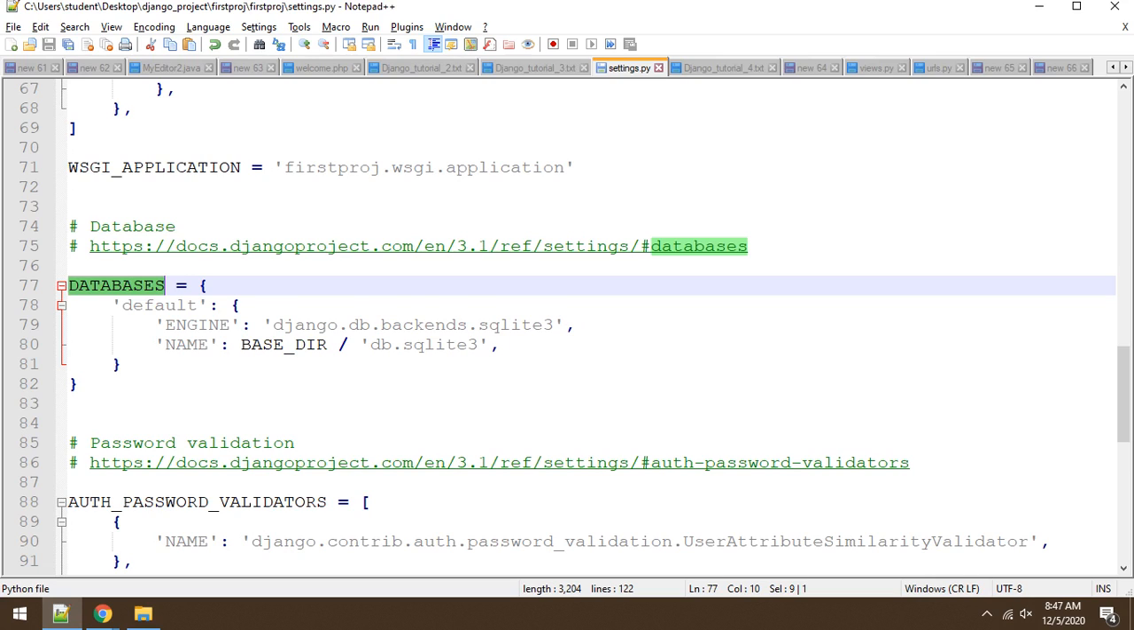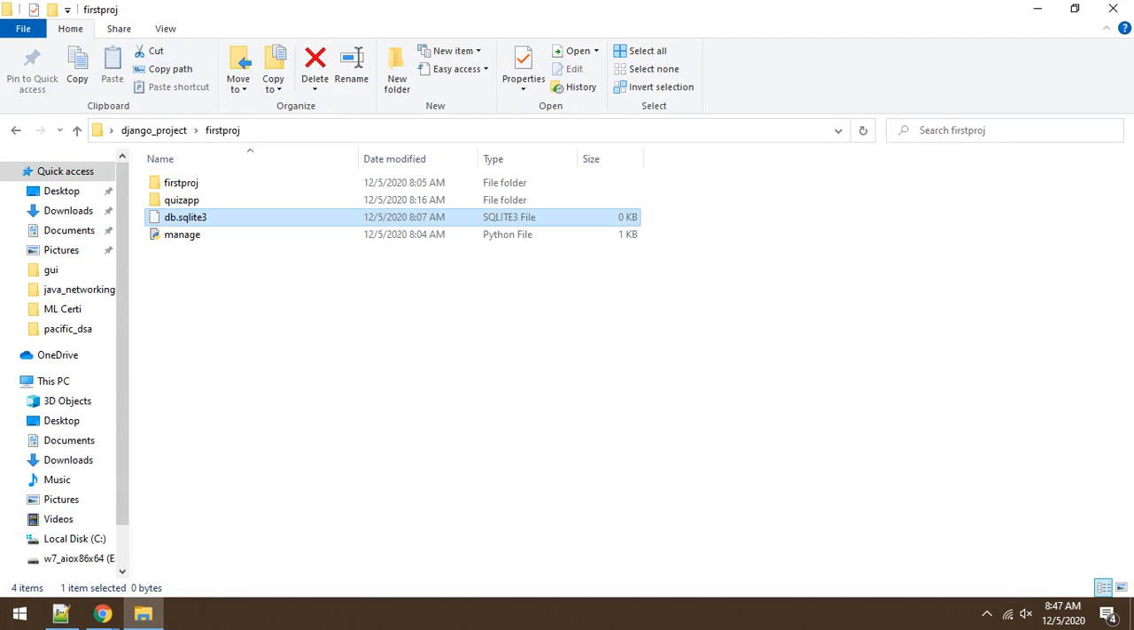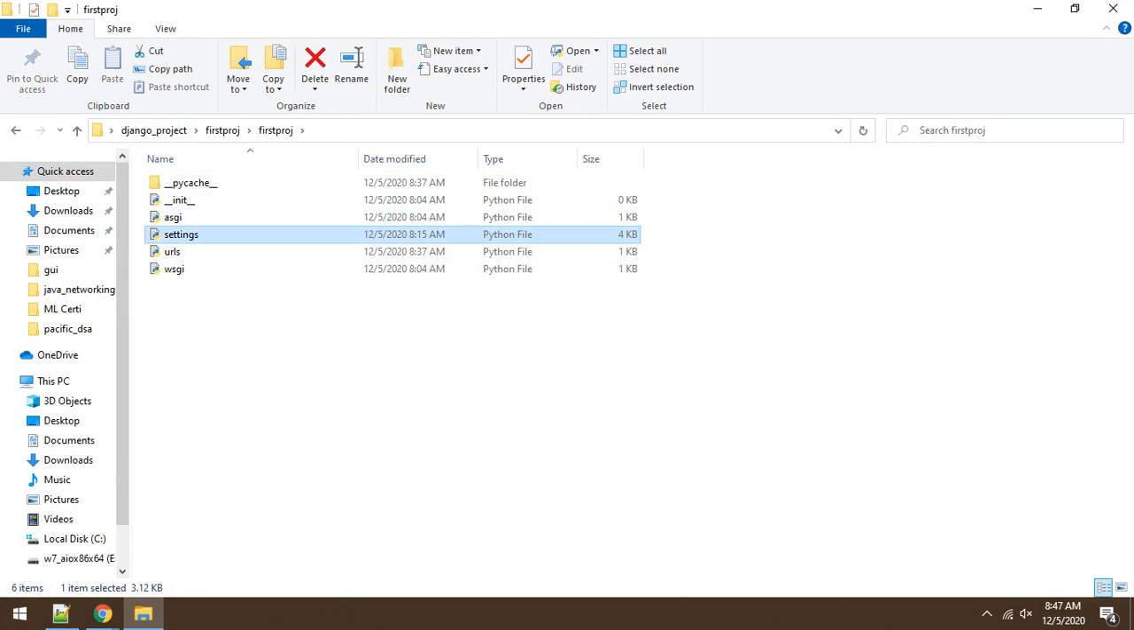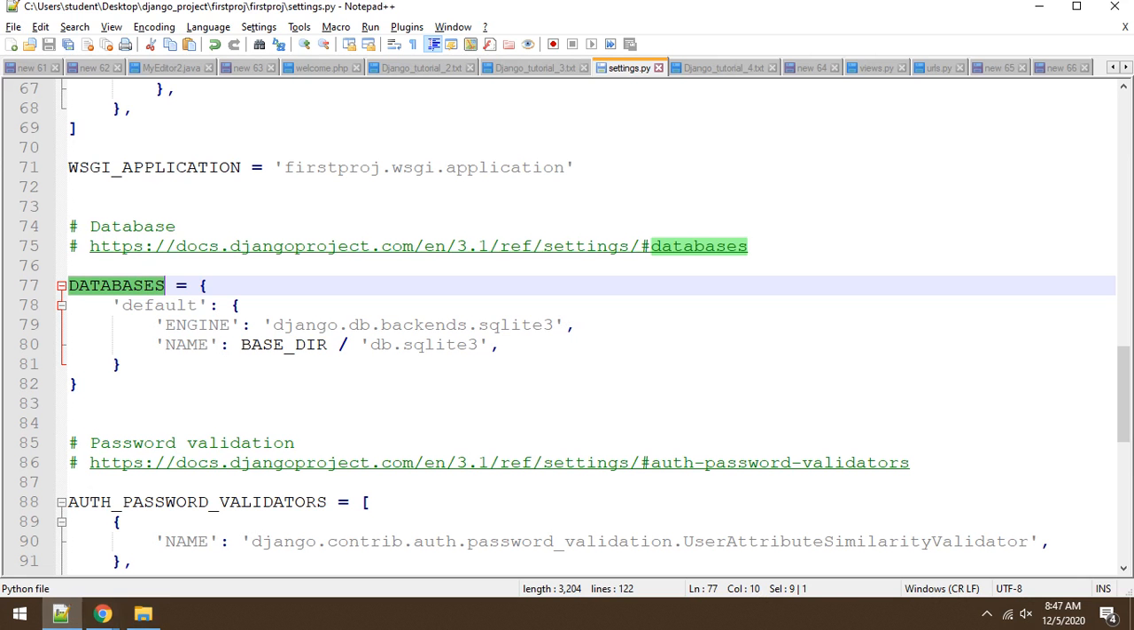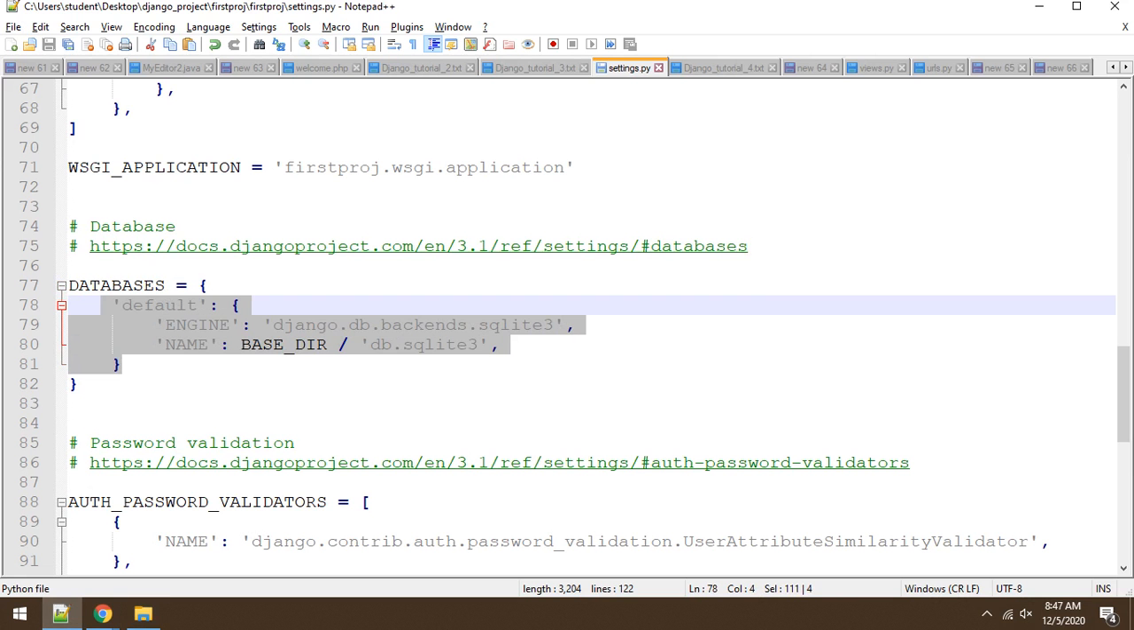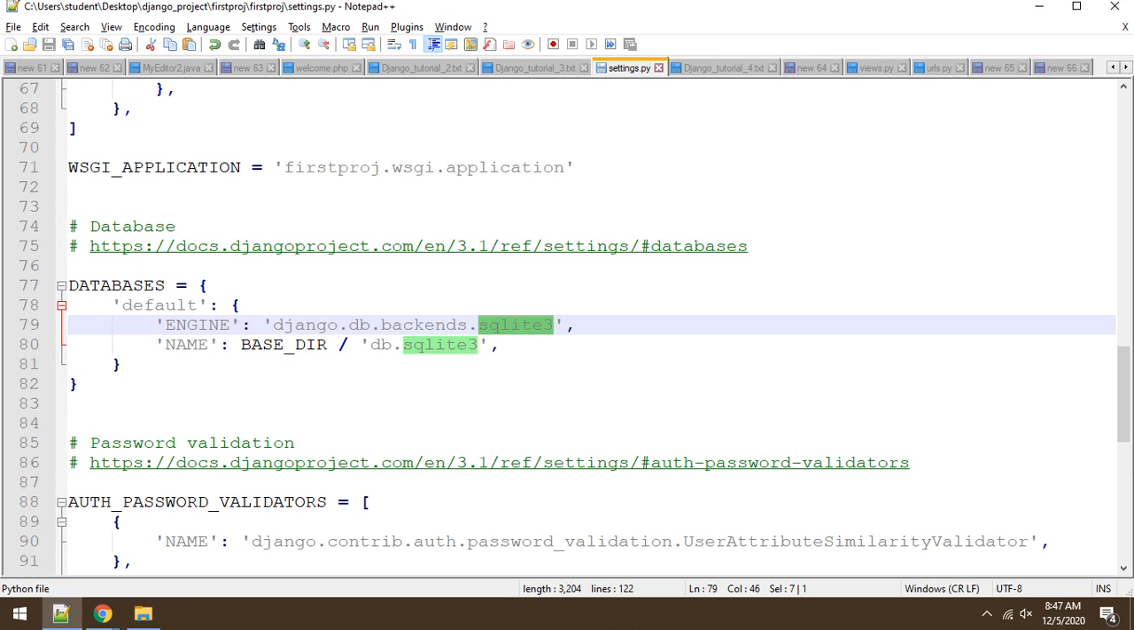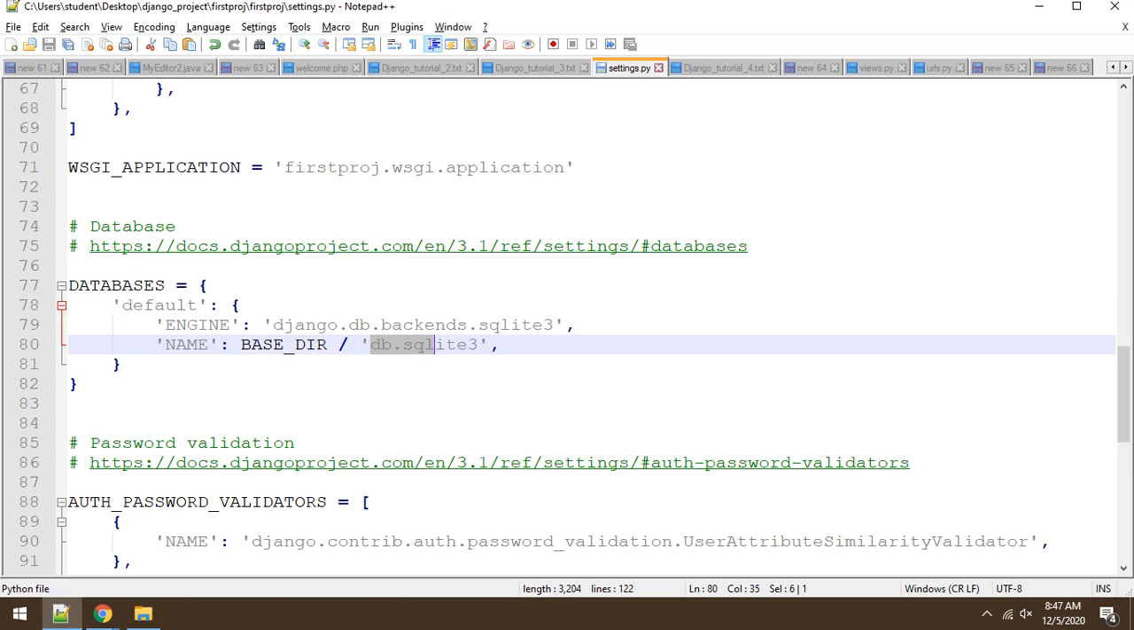ये settings.py मुझे कहाँ पे मिला था? सर आपको ये अपना फर्स्ट प्रोजेक्ट नाम का जो फोल्डर था, inside that first project, inside that there is a settings.py. Just open that thing and change the configuration. So what is the default configuration? कि अगर कोई database specified नहीं है, then engine name is SQLite 3 and database name is actually DB SQLite 3. जैसे मैंने आपको बताया था कि by default database का नाम भी DB SQLite 3 होगा।